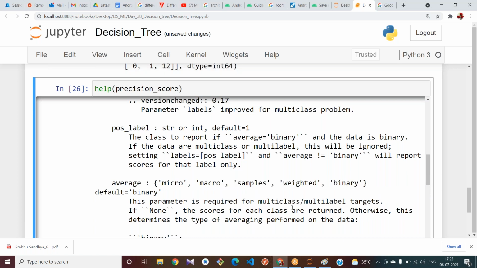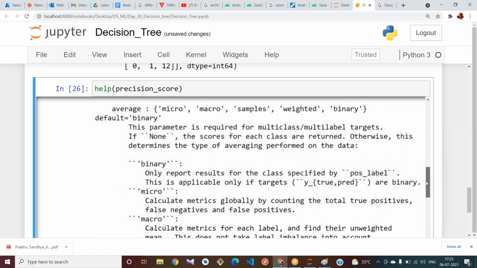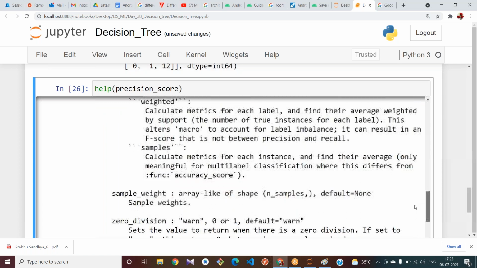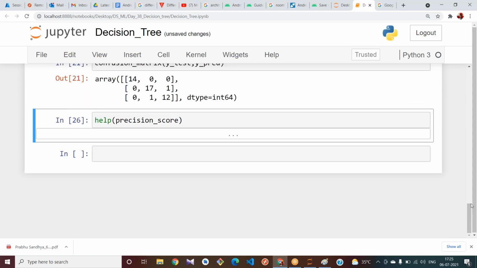Yes, this parameter is required for multi-class or multi-label targets. You can use macro, weighted or samples here if you want precision or recall.